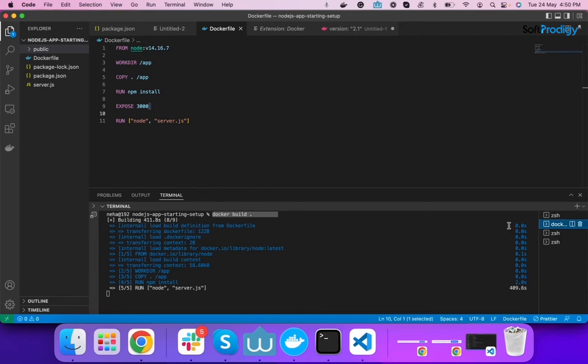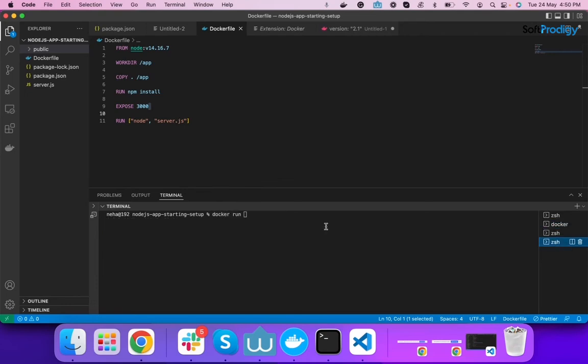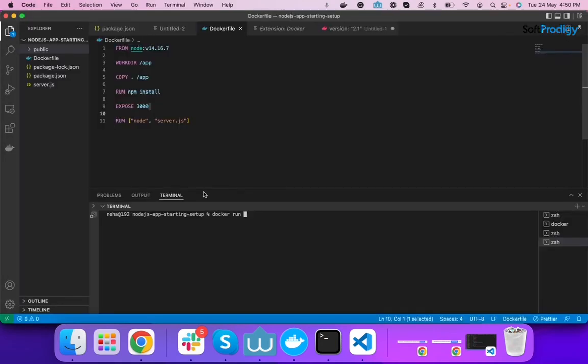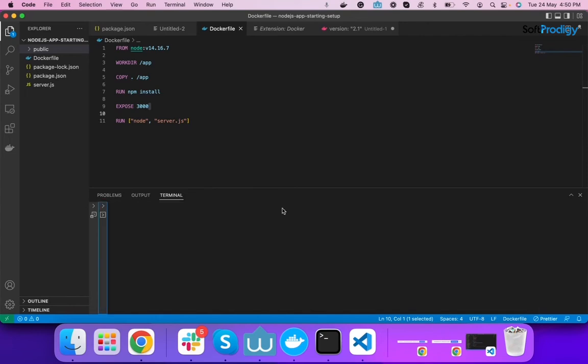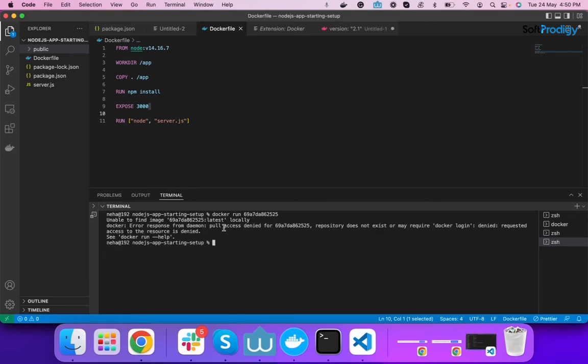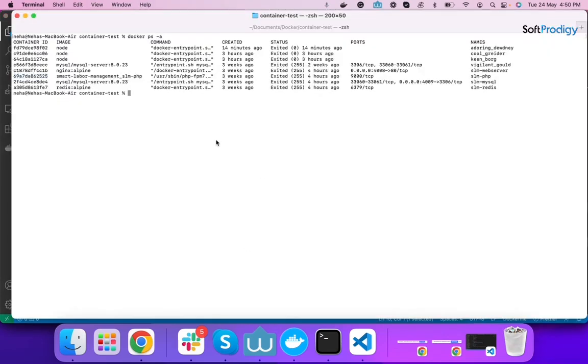It is taking a little bit of time. Docker run container ID. Let me show you a sample container ID then. Okay, docker run container ID. Okay, it is running successfully.